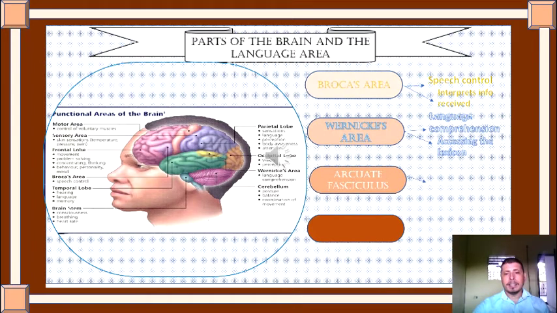And then we have the arcuate fasciculus. In this part, it has a connection between Broca's area and Wernicke's area. So this is the part that connects both Wernicke's area and Broca's area. And the last one is the angular gyrus. And this is the capacity to be